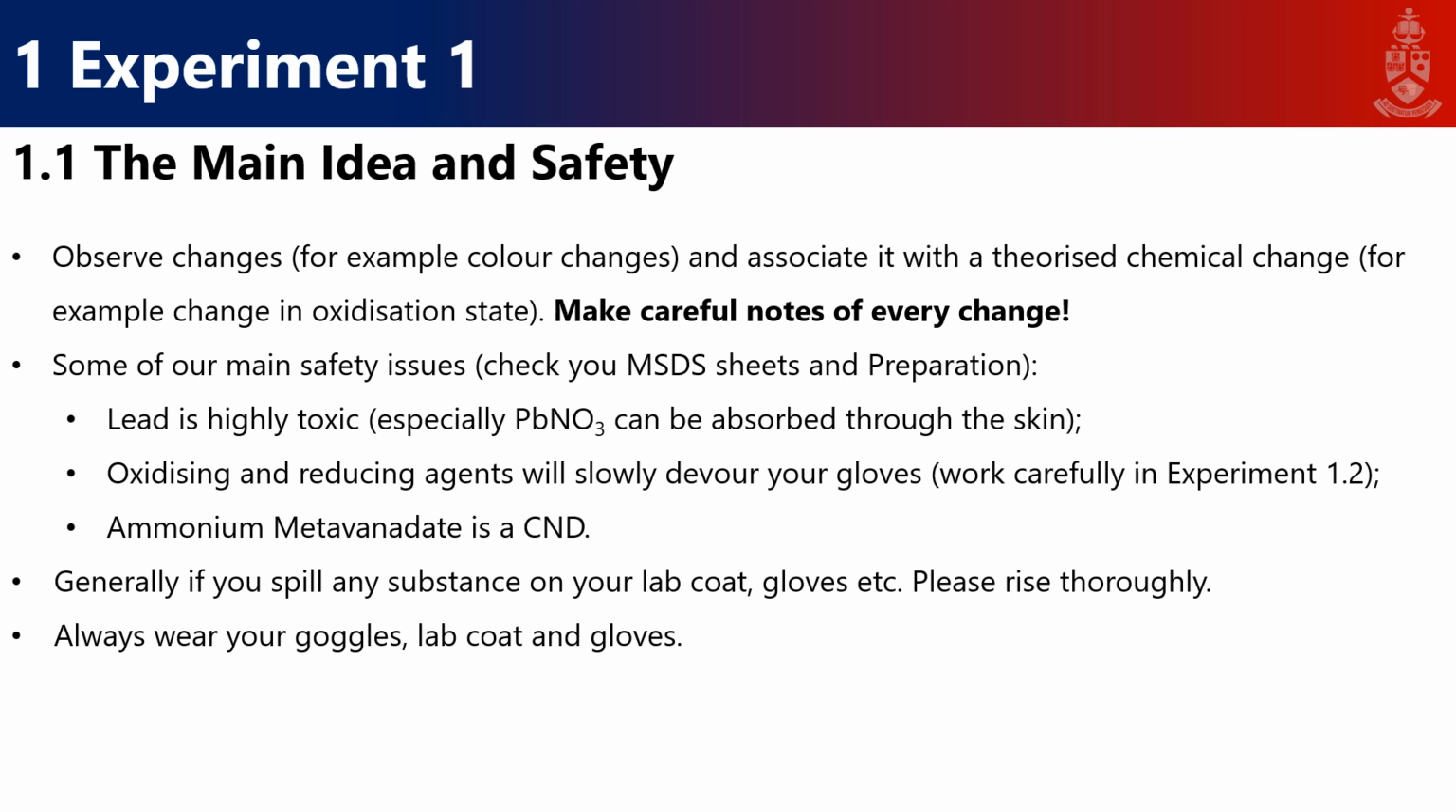In Experiment 1, the idea is all about observing changes and linking that to theoretical chemical changes. For example, if we see a color change, to what kind of metal oxidative state can we link that? So if you have a manganese salt and you see that it changes color from green to purple, or maybe from colorless to purple, what oxidative state of manganese is present in either case? So the main point here is for you to make careful notes